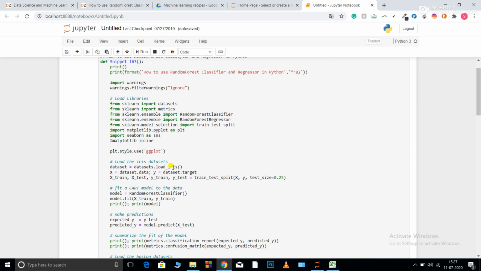On the basis of petal length, sepal length and width and all those variables, you need to predict which type of flower it actually is. Now using this code, I've split it into the feature matrix and the target matrix.